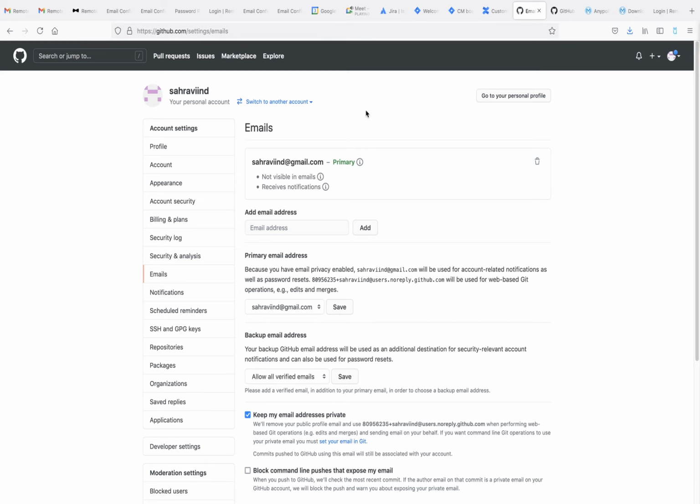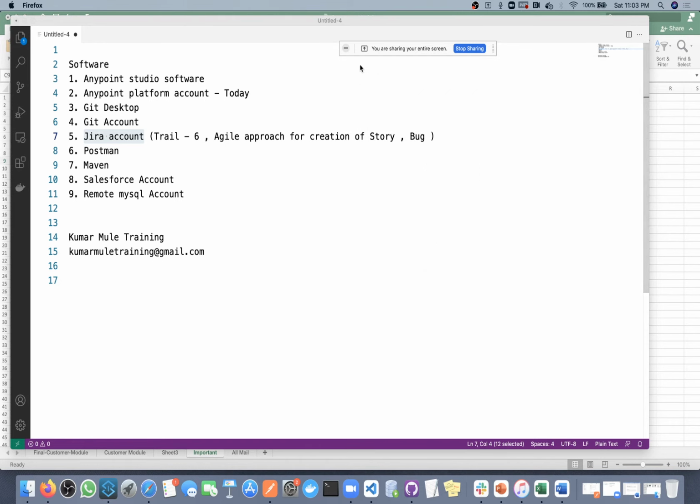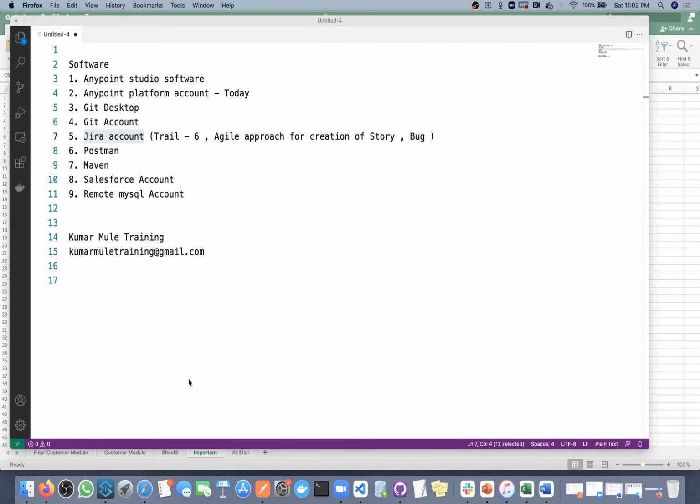I don't think anyone has very important data that will cause a problem. So for now, use the email ID you shared with us, use the same email ID to log in, and later on you can change. So should I go for the next step? Okay.